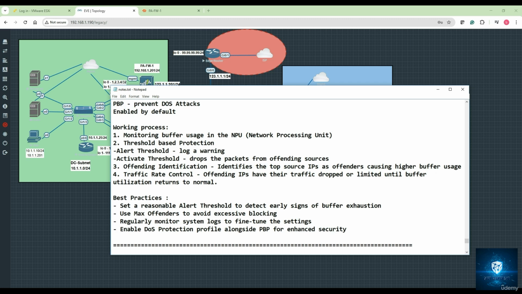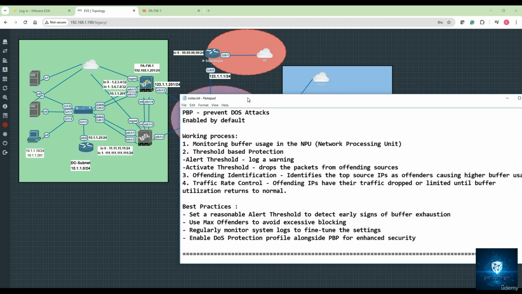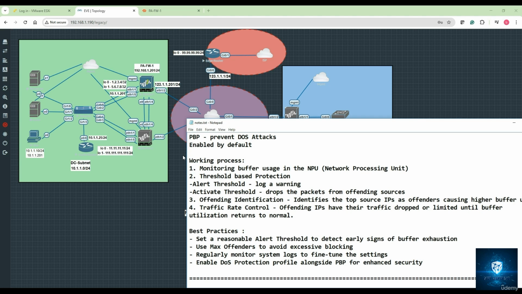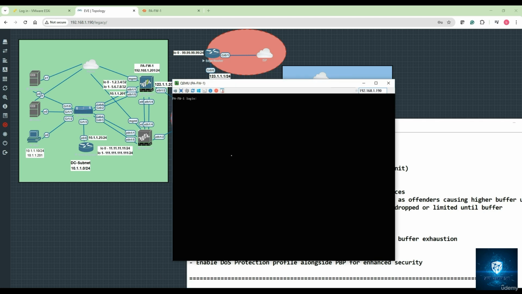On the CLI as well, you can type a command to see if any logs are being generated in the Palo Alto firewall due to packet buffer protection. If the alert level or the threshold level gets activated, you can go ahead and type this particular command in the CLI. It is very simple. Let me show you what command you should normally type to see the logs or events and the alert threshold values of packet buffer protection. The command is show session